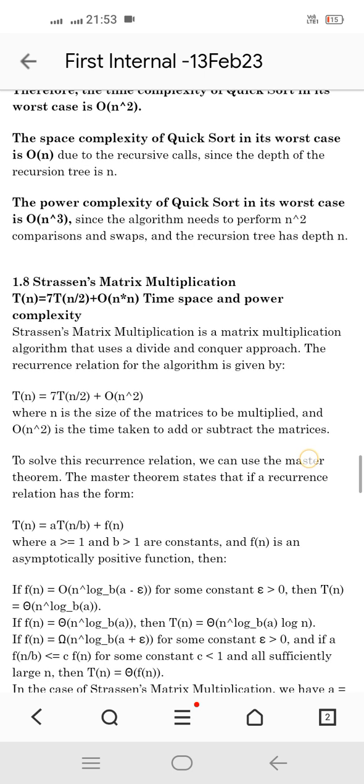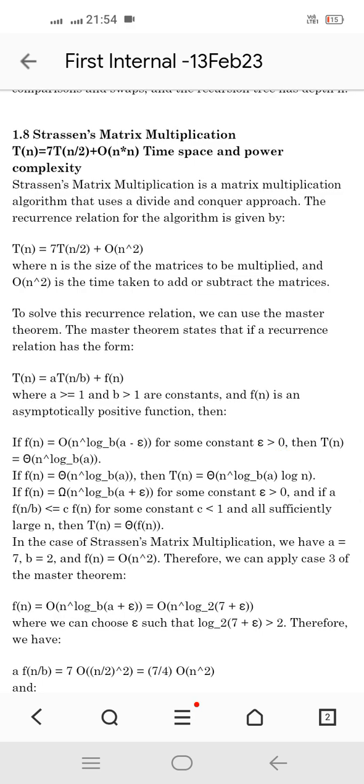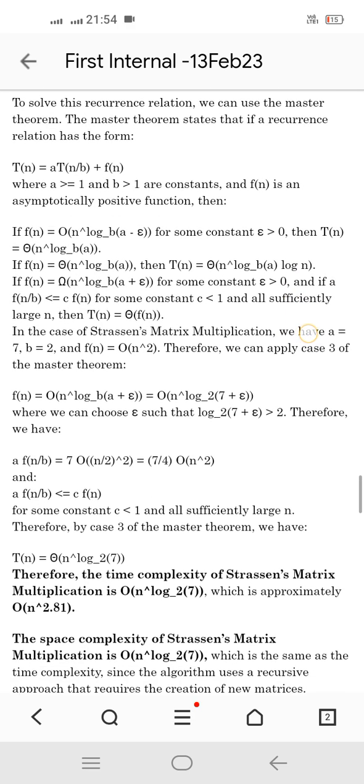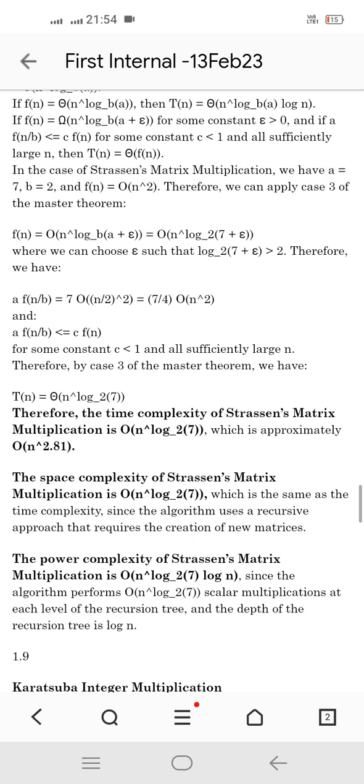The eighth algorithm is Strassen's matrix multiplication. The recurrence relation for this algorithm is given by T of n is equal to 7T of n by 2 plus order of n square. By solving this recurrence relation, we get the time complexity of this algorithm as order of n to the power